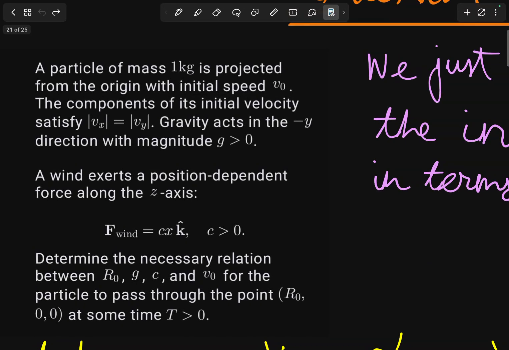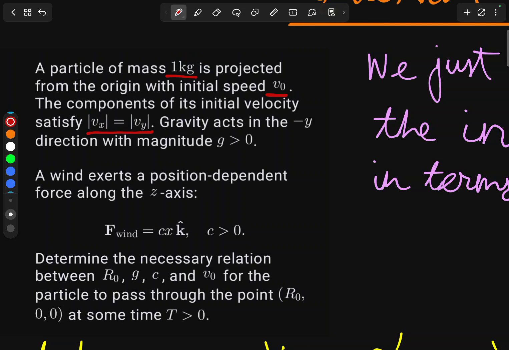So, the question says, a particle of mass 1 kg. So what this basically means is whatever the force is being applied is going to be directly equal to the acceleration. That's all. Is projected from the origin with initial speed v naught. Right. So it is the speed, not the velocity vector, obviously, because there is no direction given. Now, the components of its initial velocity satisfy that mod vx equals mod vy. Right, so this means that the initial speed